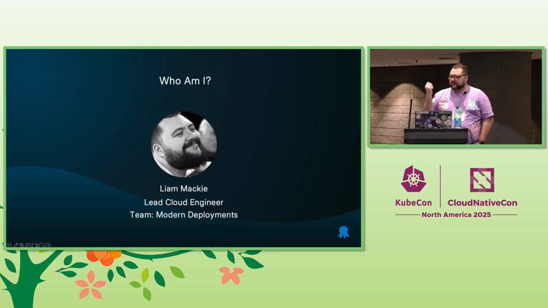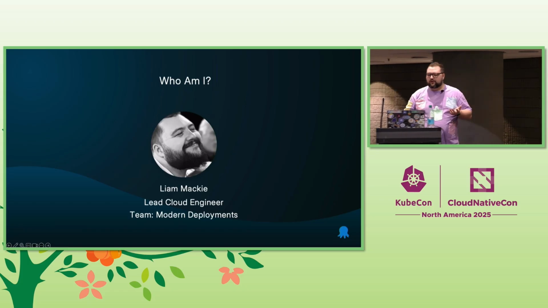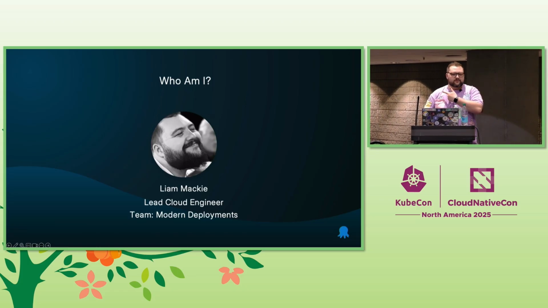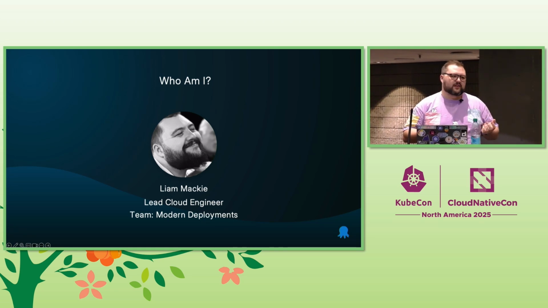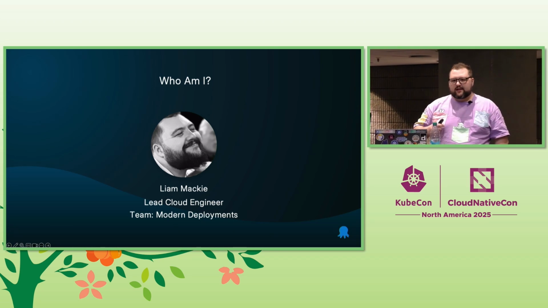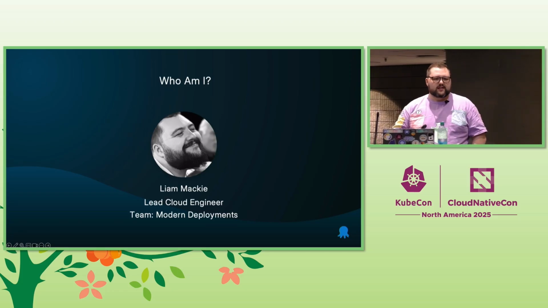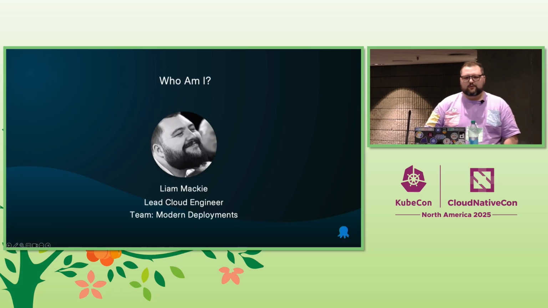So, like I said before, I'm Liam. I'm a lead cloud engineer in modern deployments. I've been at Octopus for about 4 years, but I've worked with Kubernetes for about 9, since about 1.5. Originally, I was a systems engineer, pulling things in and out of racks, dealing with networks, all of that fun stuff. Then I decided that SLAs and SLOs were my deal, and I became an SRE. Then I became a cloud engineer because that's what people wanted me to do.